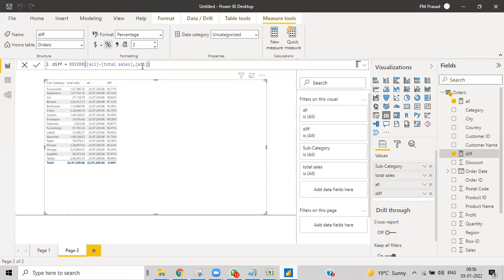A minus B by B. That's right. Percentage difference.